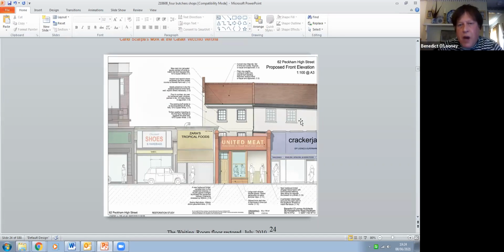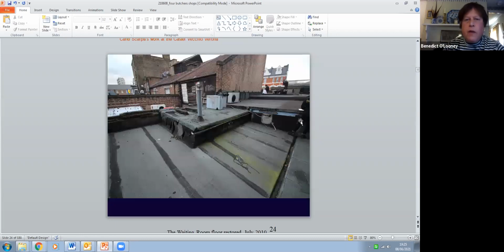So when the fire happened, we made this drawing here. We had been involved in looking at a planning application for 66 Peckham High Street, and so for the mighty Akbar Khan, to make a little restaurant there, which never kind of happened. But when we were working on that a couple of years ago,